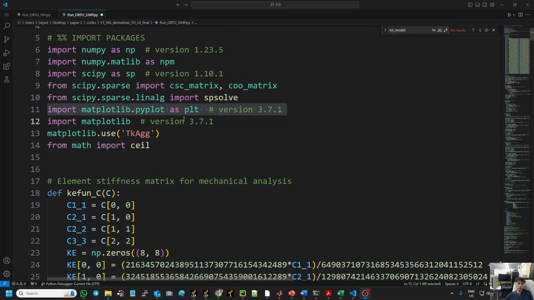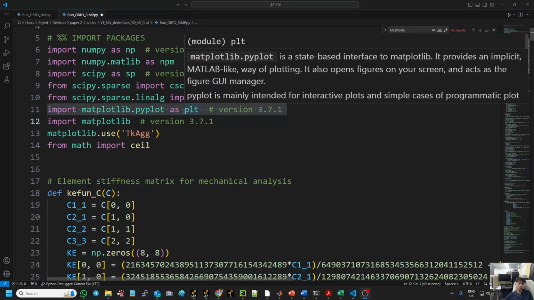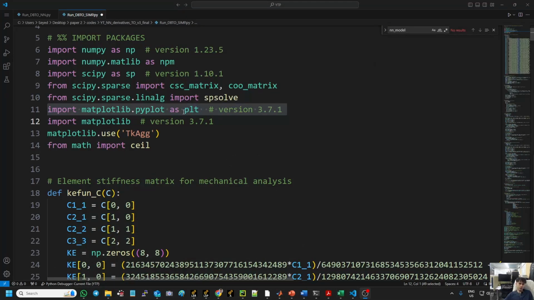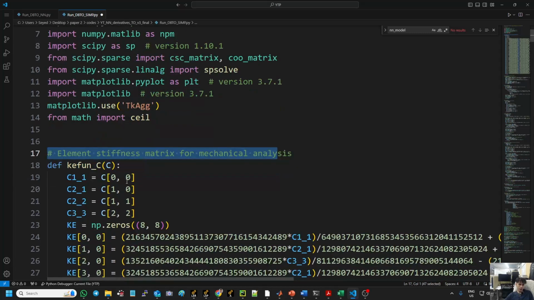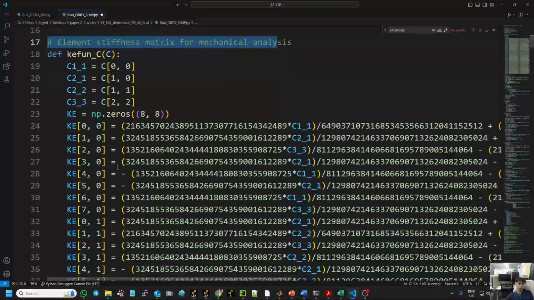matplotlib.pyplot, and we use PLT here, is like MATLAB-like plots, and here the same. And this thing is for rendering. And from math import ceil, we also need to obtain the ceiling value. So for the element stiffness matrix for mechanical analysis, here in this code,